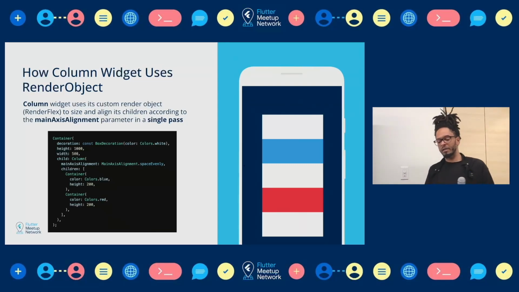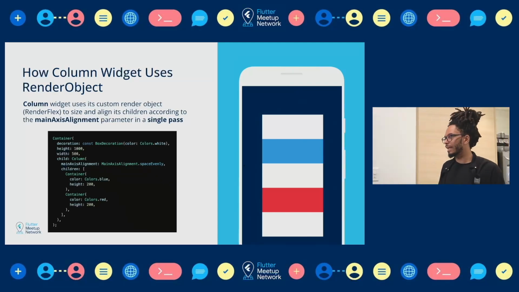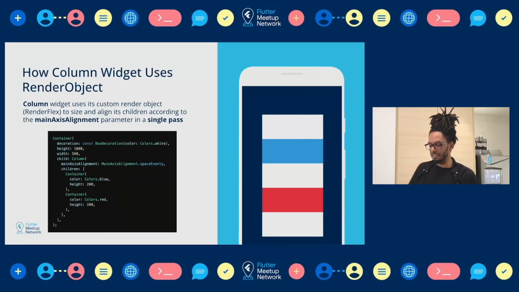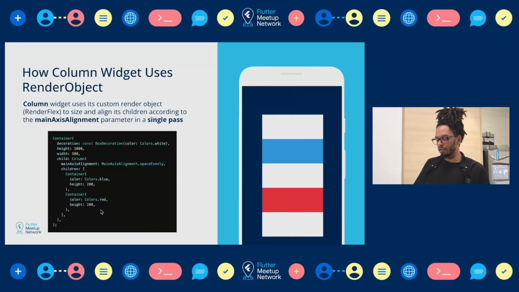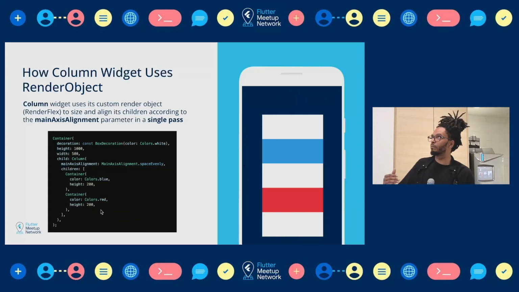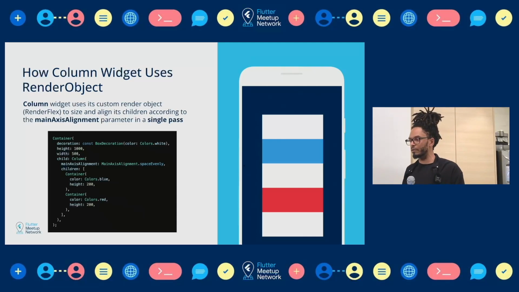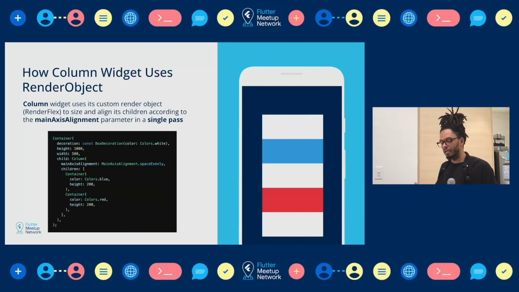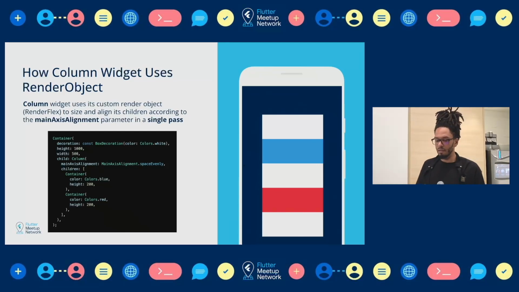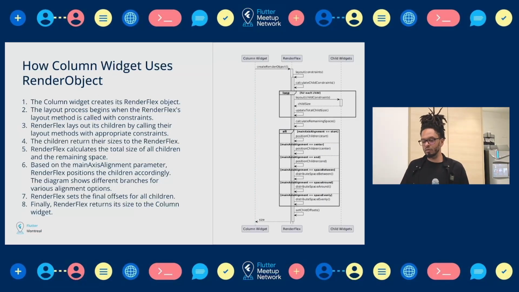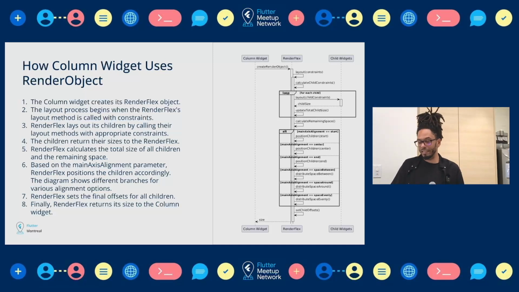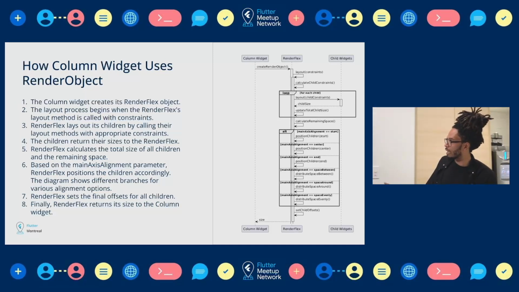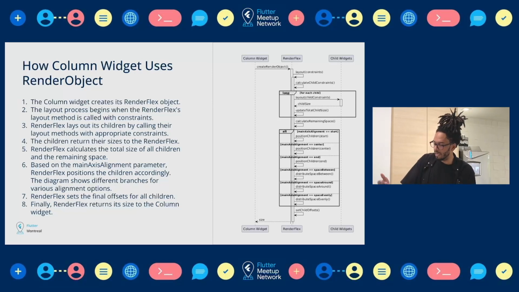Keep in mind that Flutter uses a single pass algorithm to build this tree. So at this point in time, I don't know the information about all my children. How can I position the children relative to each other without having all the information when it comes to their sizing and their positioning? In order to do that, it uses the render flex, which is its custom render object. So I've kind of described the algorithm here, what it does under the hood, and there's a sequence diagram